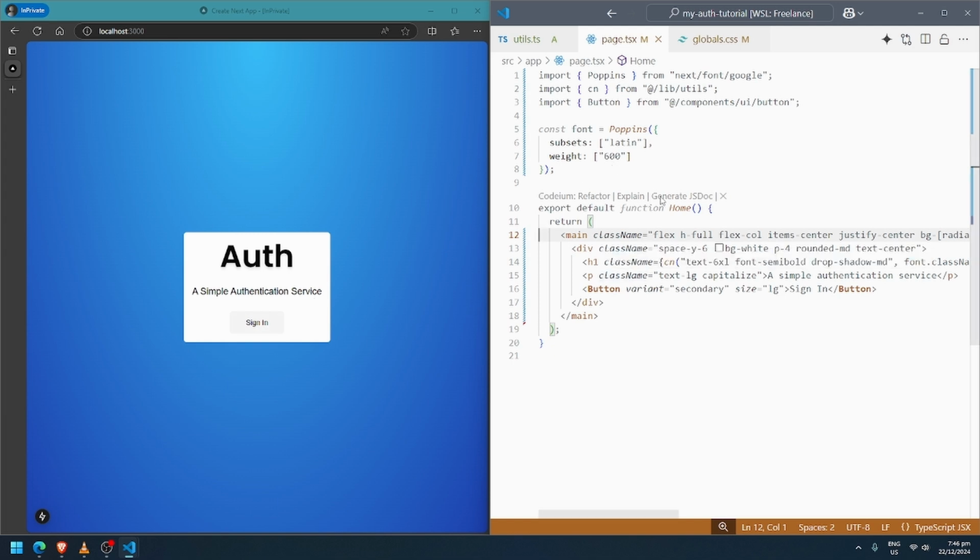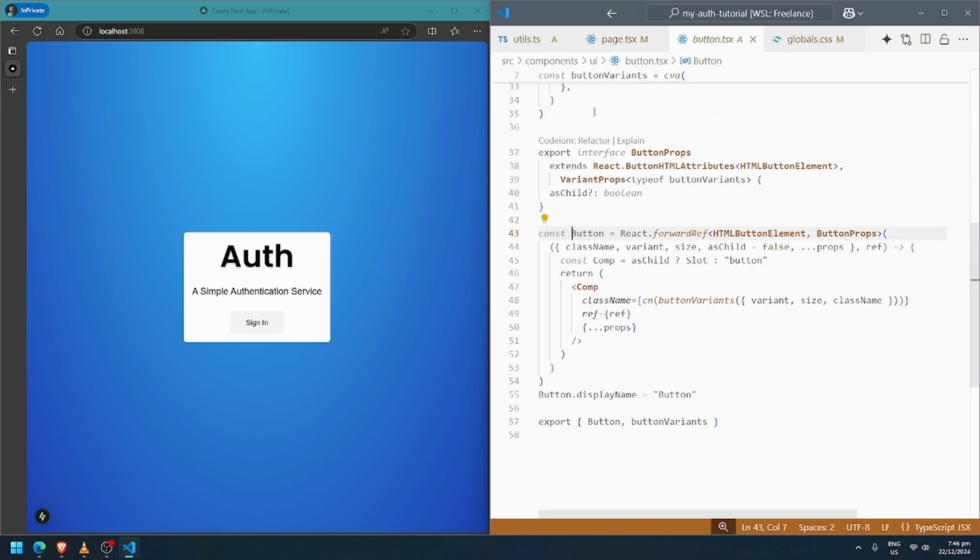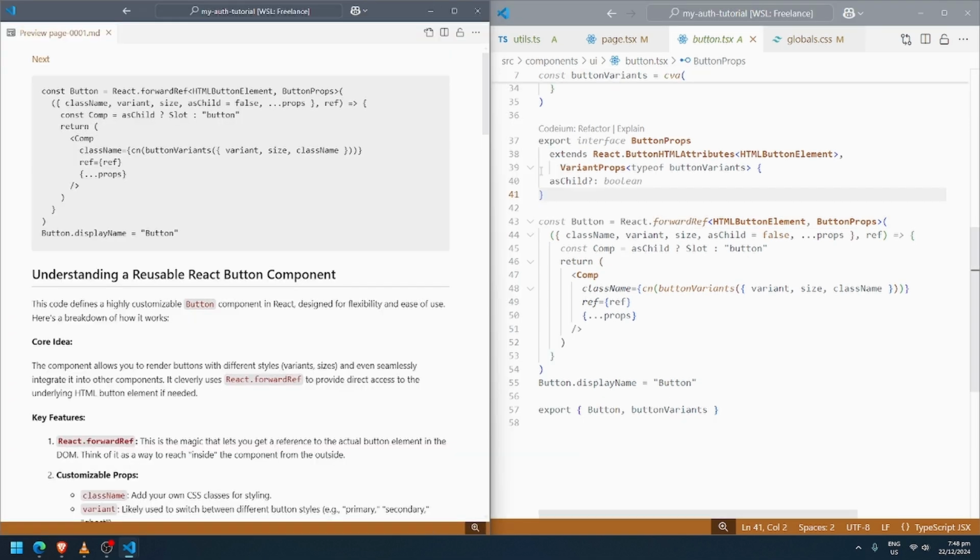Okay, before going into more layouts, I'm going to dig deeper in understanding this button variant. Remember, this button variant was installed in our source directory components UI when I ran the command given in shadcn. So here I have an explanation about this button.